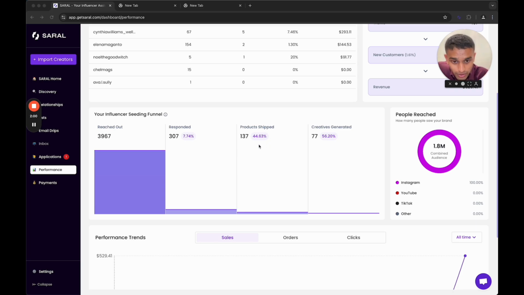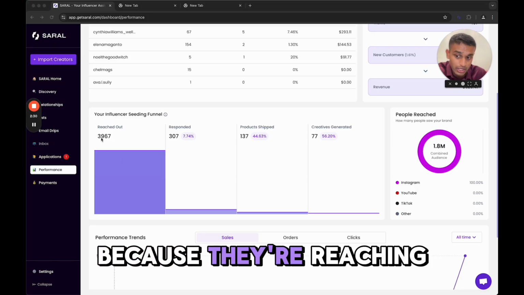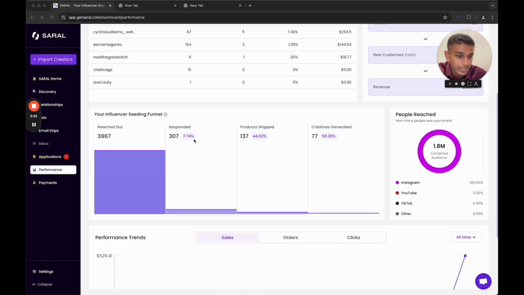From here, whoever is receiving the product, more than half of them are actually posting. That's why this is 56%, which means the people who read the email and respond to it are interested enough, receive the product, and like the product enough to post about it. All the other parts of the funnel are great. The only single bottleneck here is the response rate, which means if everything else is good, I conclude they're probably just doing junk volume, because they're reaching out to like 4,000 people and only 7% response. That means they're probably reaching out to a lot of massive creators. It's hit or miss.